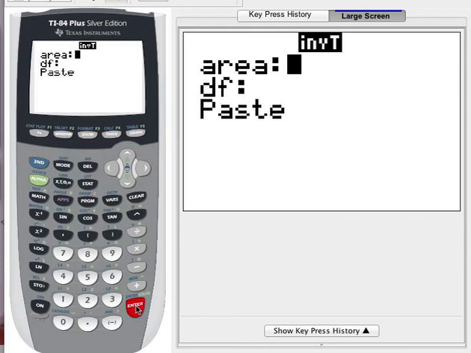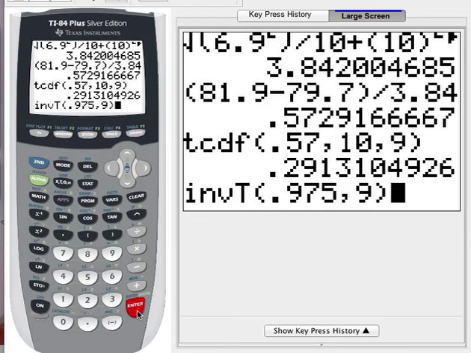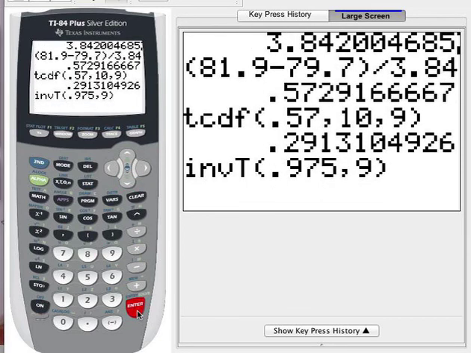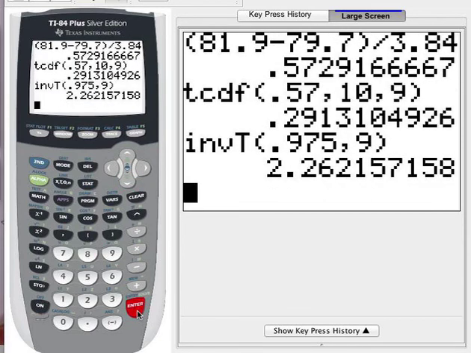There we go. So you could put in 0.025. You could put in the 95% plus the 0.025. That would be 0.975. That's what many of you are used to doing, so that's what I'll go ahead and do. We're going to use our conservative degrees of freedom of 9 and hit paste. So the critical value that we can use to build the confidence interval is around 2.26